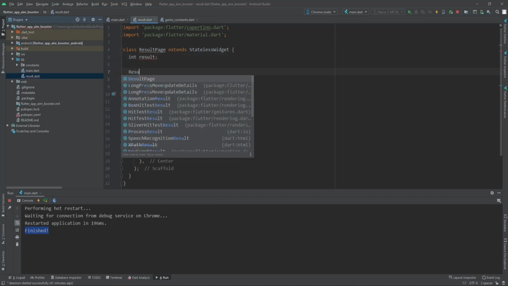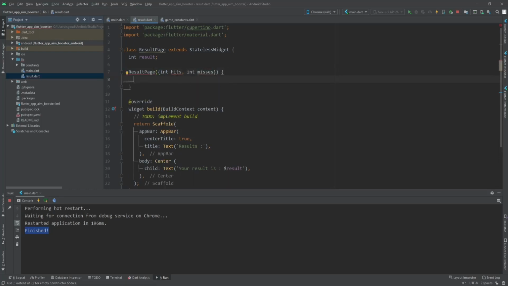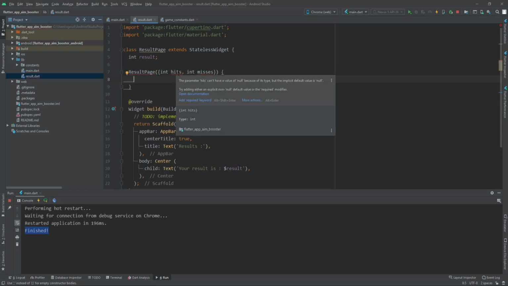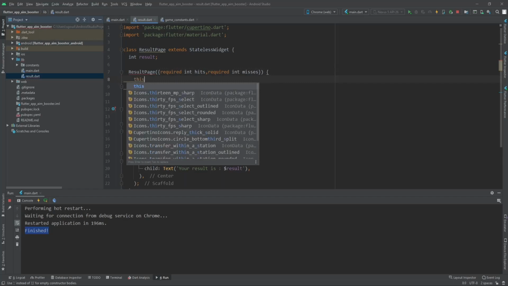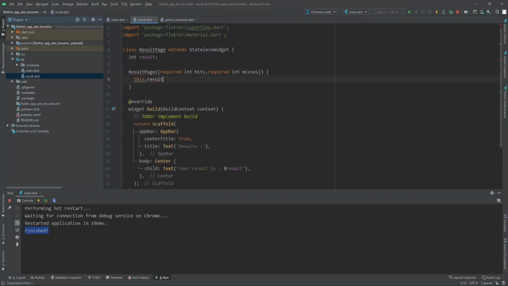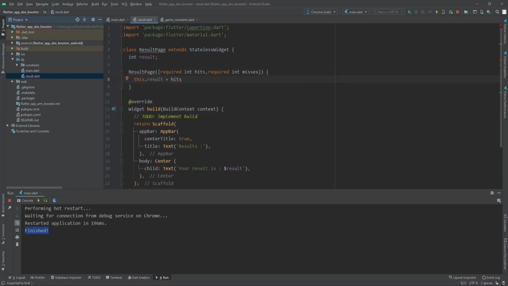Let's create a constructor for this page that actually is going to accept the values from the game page. So we have int hits and the misses. Oh, okay, because of null safety, let's just mark them with the required keyword in Dart. That means that these parameters are required. So we say that this dot result equals hits multiplied by 200